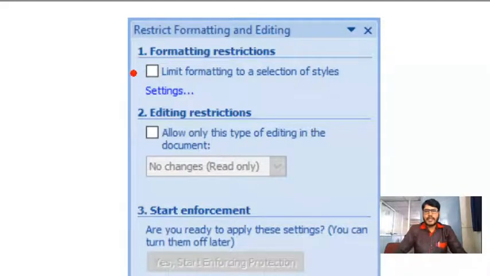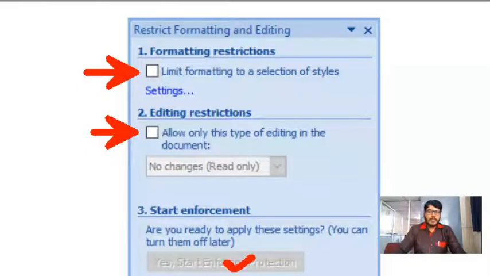By enabling this option, we can restrict the formatting, and also we can restrict editing so that it will allow only one type of editing in this document. After enabling these two options, we can start enforcement by using this particular button.